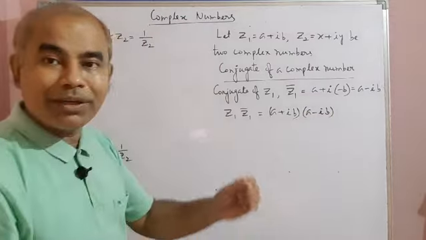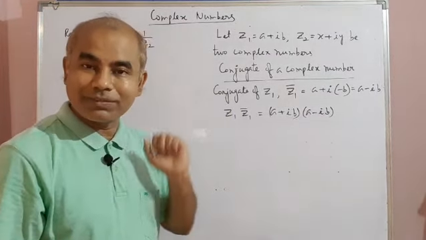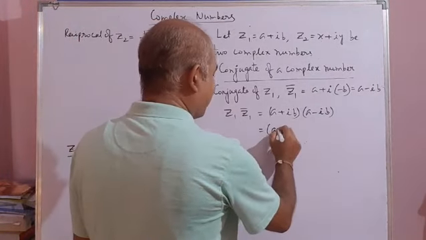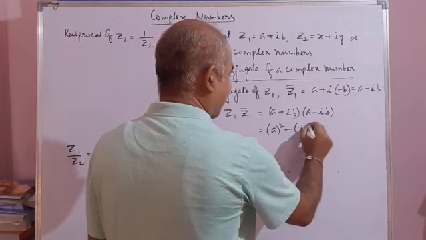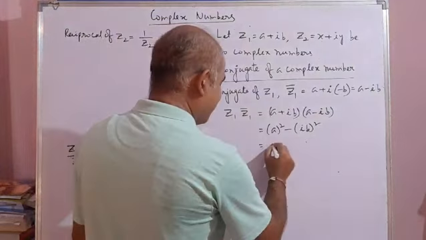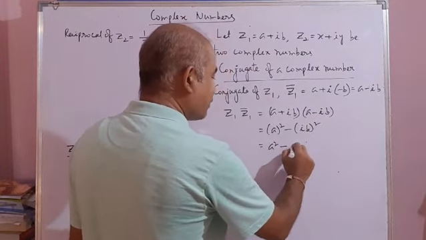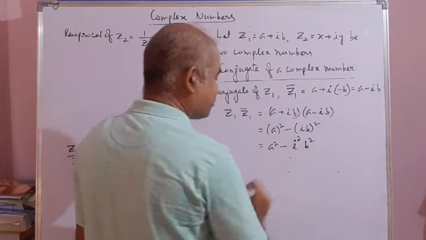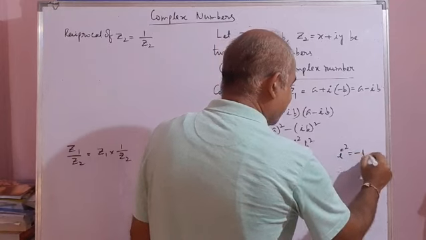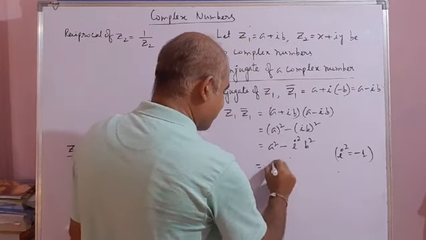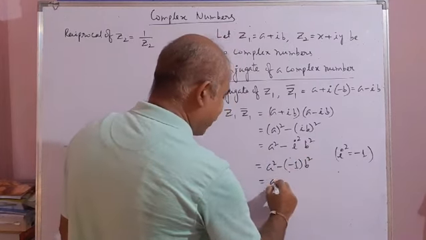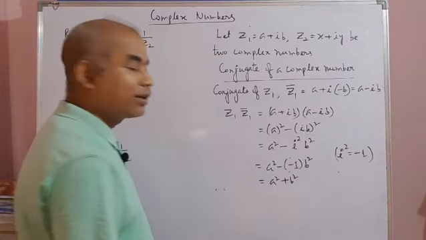Then one algebraic identity will come to my mind, x plus y into x minus y, which is x square minus y square. So using that, it is the square of the first term minus the square of the second term: a square minus ib square. Now a square means a square. Here ib whole square means it is the square of i and the square of b. But what is i square? As you know, i square equal to minus 1. So it will be a square minus i square means minus 1 into b square, and that minus minus will be plus: a square plus b square.